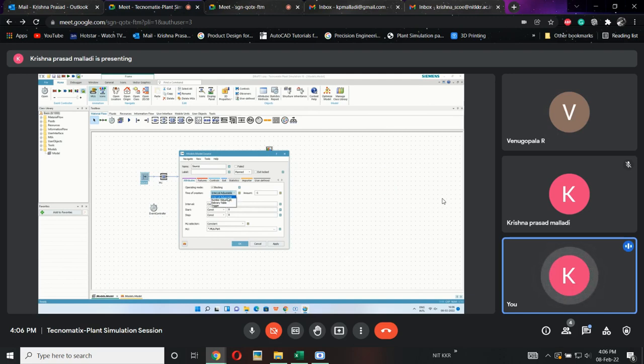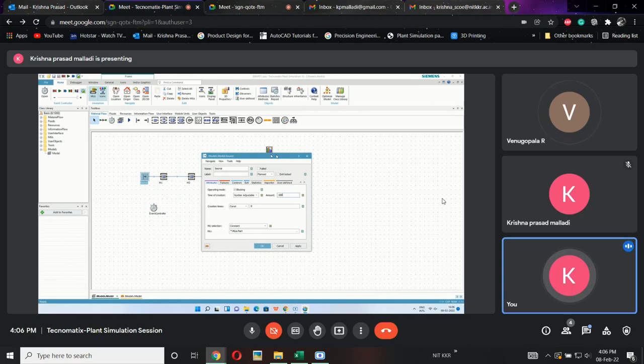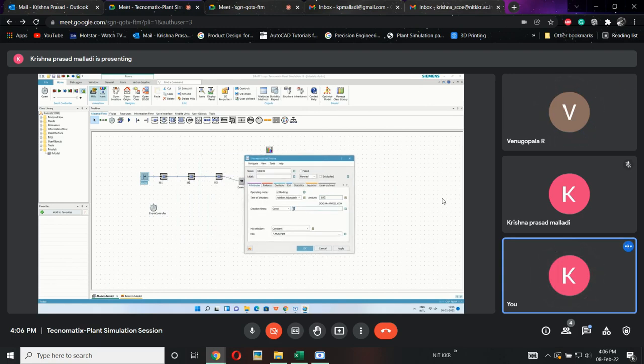If we want to run the simulation with respect to time, then we'll go for interval adjustable. If I want to run with respect to number, then we are going to use number adjustable. Again, in that number adjustable, there is one thing, creation table, which comes in advanced modeling. I will give you a glimpse. In advanced modeling, the third tab, creation times. This is called constant, which means for every 1 minute or for every 0 minute, the part is produced. The part is ready to give to the source.